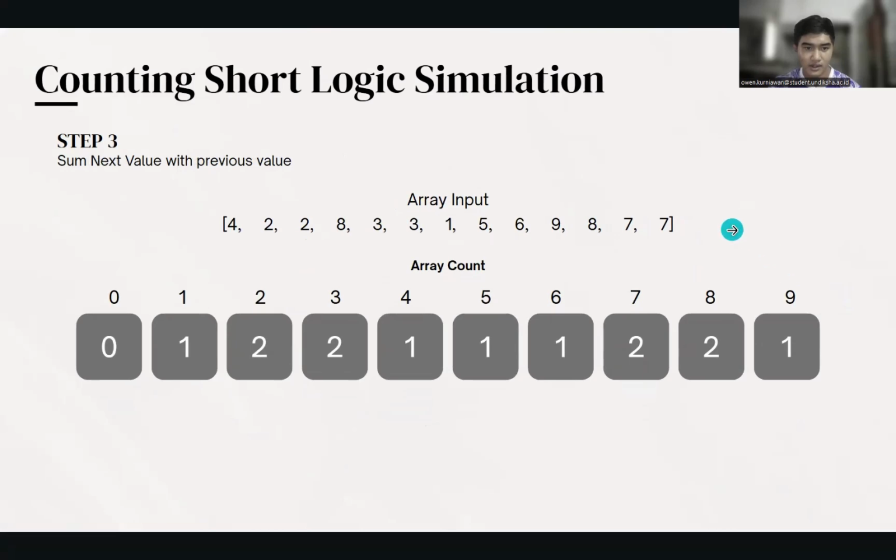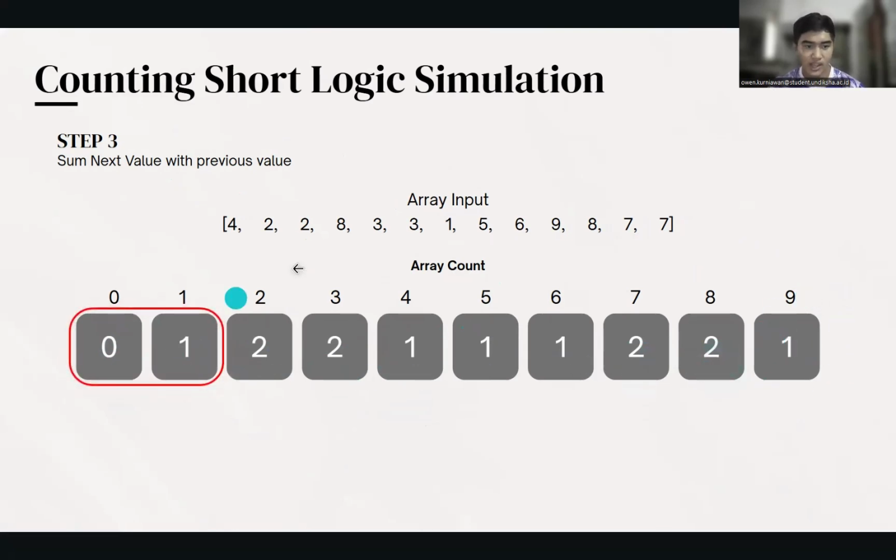Then the next step is to sum the next value with the previous value. What it means is, in the count array, we have a value for each number. So here we have 0, which never showed, then 1 with 1 time, 2 with 2 times, 3 with 2 times, 4 with 1 time, 5 with 1 time, 6 with 1 time, 7 with 2 times, 8 with 2 times, and the last one is 9 with 1 time.